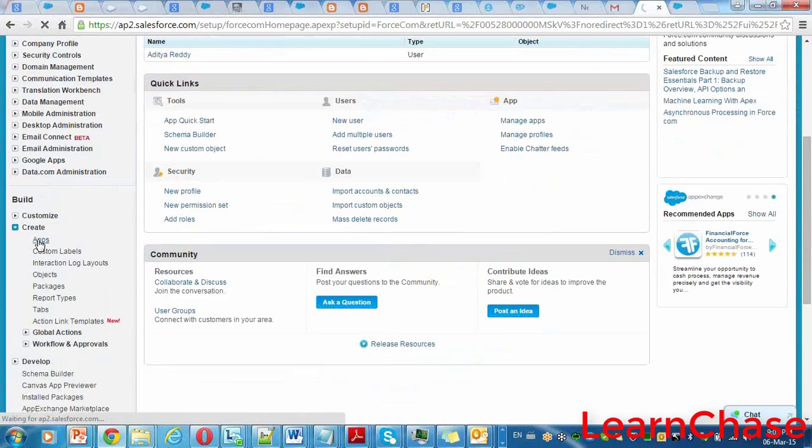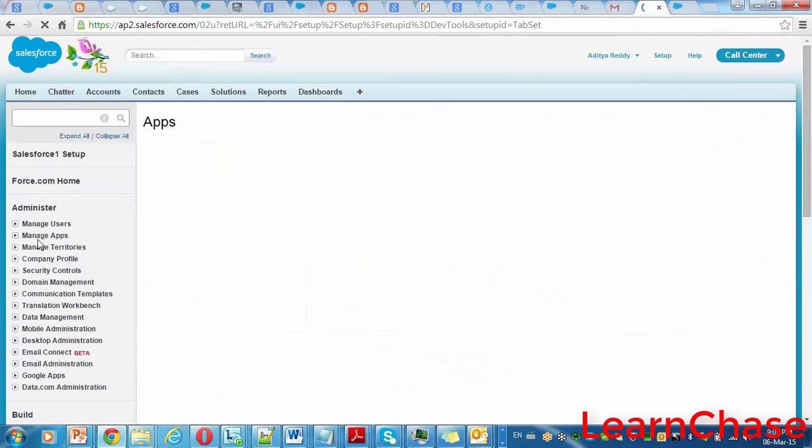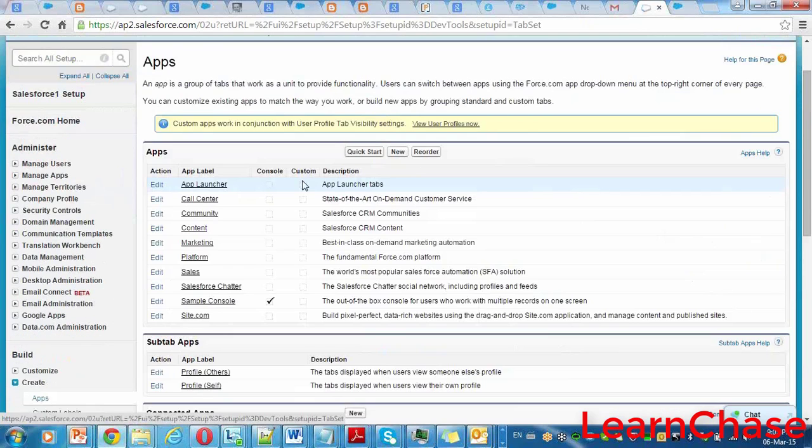These are the apps that already existed. Now I'm going to create a new app. These admin things are point and click only. All admin work will be point and click only. No need to use any coding. A very little bit, that too in validation rules and all the things, if else conditions. Some functions will be there. Now I'm clicking on the new one.